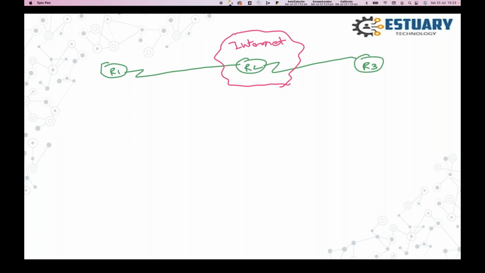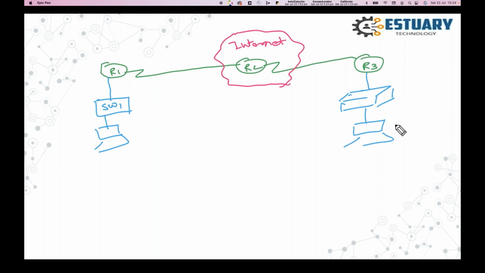Underneath Router 1, I have Switch 1, and this switch has one client machine connected. Same thing on R3: I have this switch here as well, and another laptop or client machine. So this is Host 2, this is Host 1, this is Switch 2.